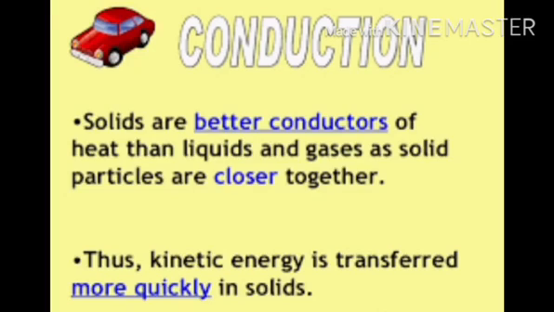Now, what are conductors of heat? The materials which allow heat to flow through them easily are called good conductors of heat. All metals and their alloys are good conductors of heat. Examples: silver, copper, aluminium, iron, brass, stainless steel, etc. are good conductors of heat. It means materials which conduct heat are called good conductors of heat.